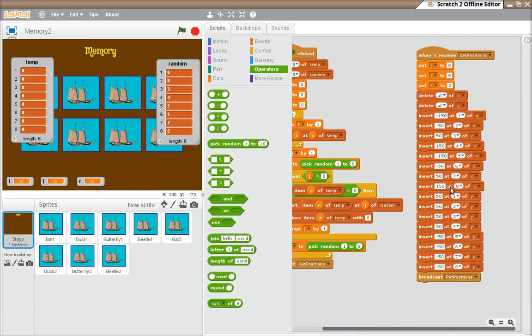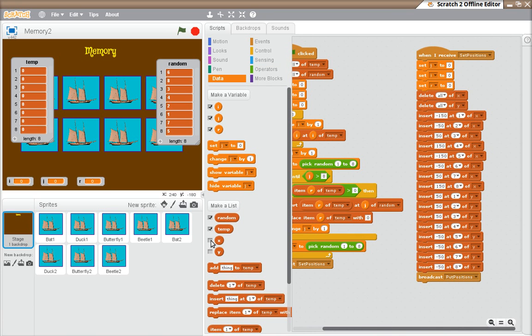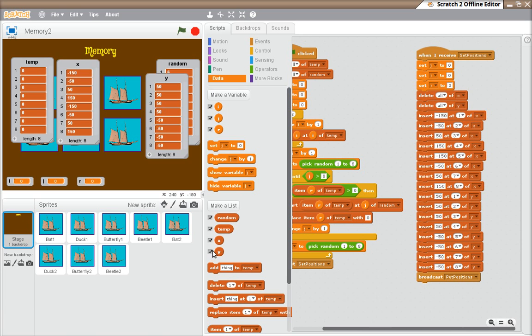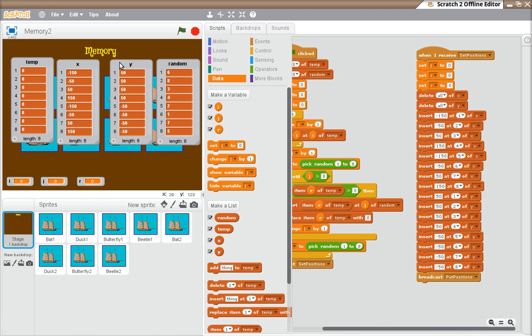Those positions become the X, and you go, oh, hang on, that doesn't look random. Well, it will be though. At the moment, if we switch those lists on, you'll see what I mean. So let's switch these two on. There's your X and there's your Y. So you run this,